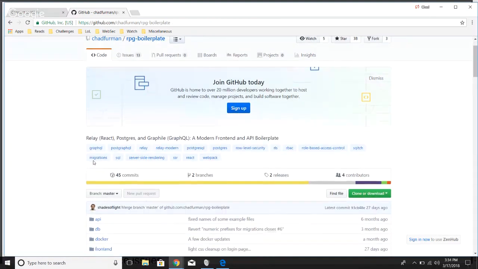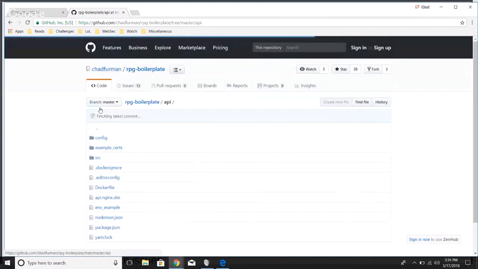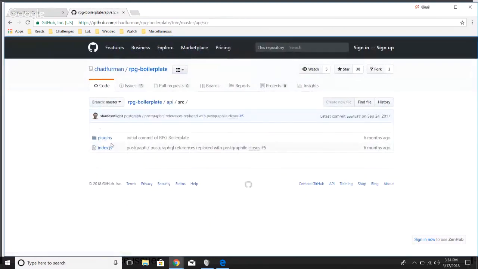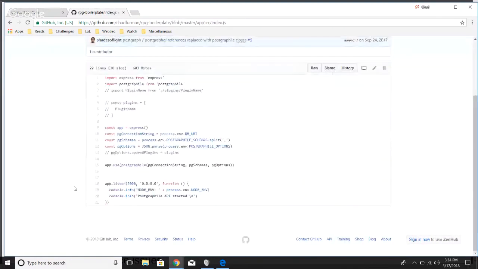So moving on, my API. Pretty simple thing here, pretty powerful. This is my API. I'm not even kidding. It's a single file that's not even 21 lines, including some comments. This line right here, app.use, Postgraphile, PG connection string, schemas, and options. That does it all. Talks to my database, pulls out all of the data it needs, and generates